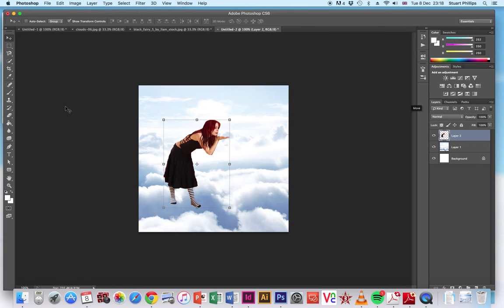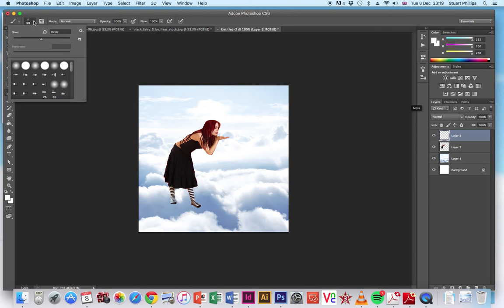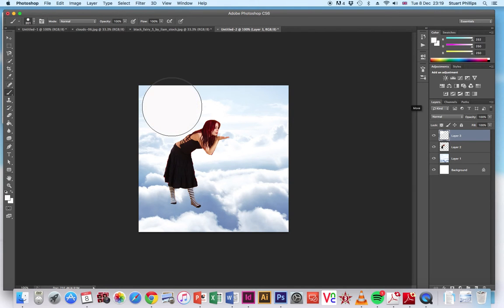Alright, what we want to do first is, on a new layer, so down here, new layer, we're going to make our moon. I'm on the wrong brush to begin with. So I think when I did it, it was around 200, so you need to change your pixel size up, and there's no right or wrong size really, but you just need to make sure that you've kind of got